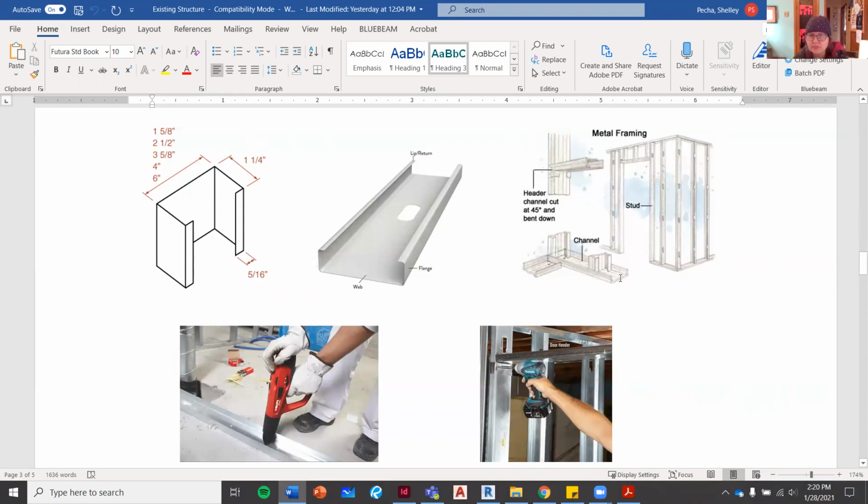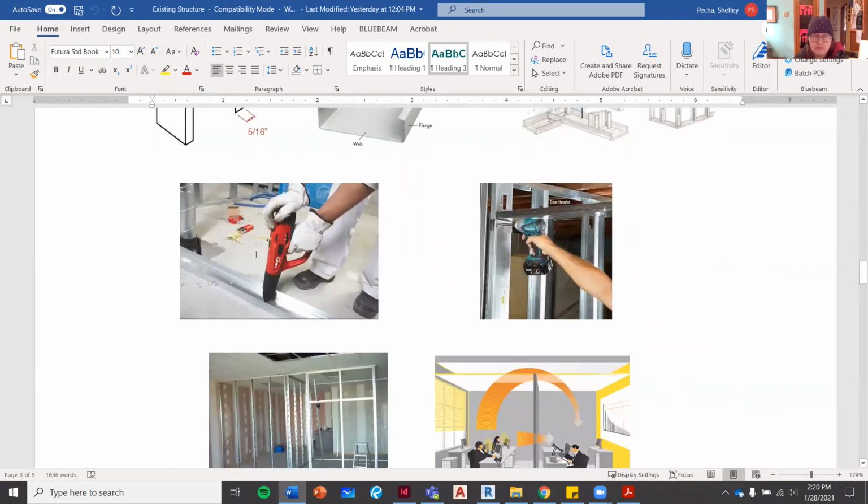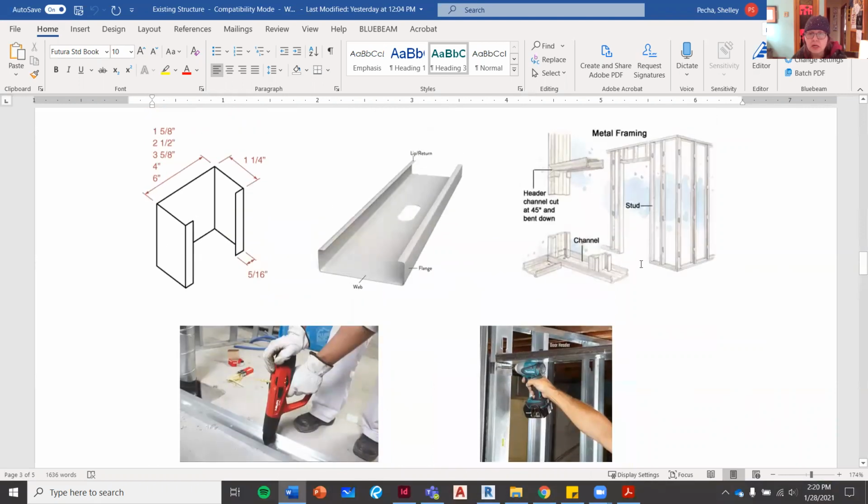And what they do is they put down the channel on the floor, and here is channel going in on the floor